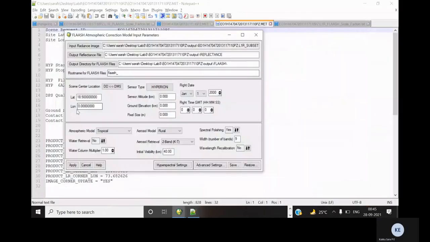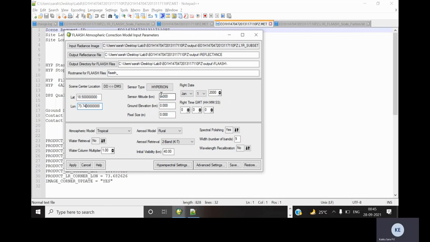Now the sensor altitude is the sensor's altitude from the mean sea level.